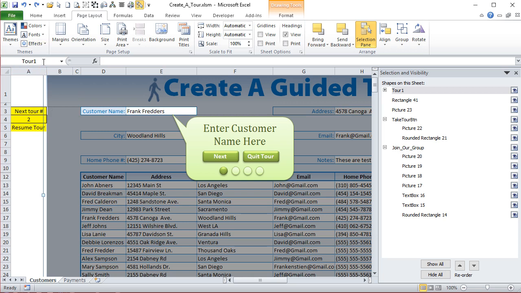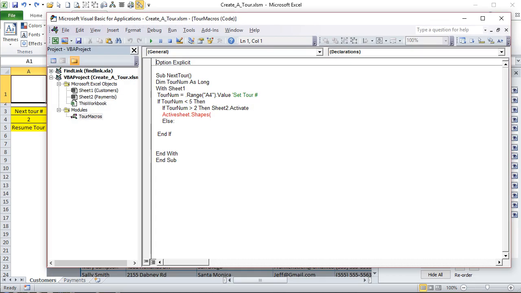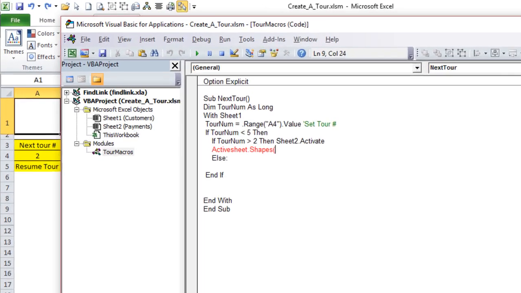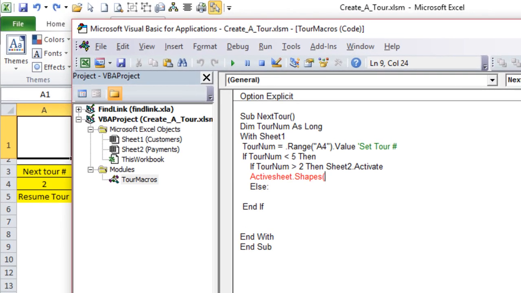So now we know each one of our shapes is going to be named tour 1, tour 2, tour 3. That means the number becomes the variable. So it's very easy to use one macro with them all, because we've named the shapes the same as the tour numbers. When we go back into our VBA and go through active sheet shapes, all we have to do is name that shape with the same number. So in this case, active sheet shapes tour,